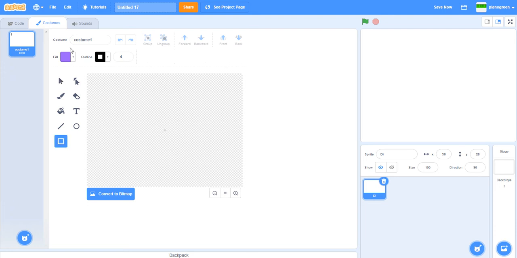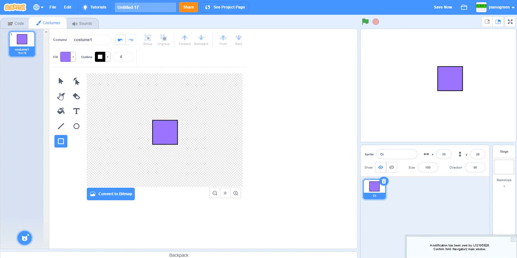So we can get here, we can make a square, and if you hold shift it makes it into a perfect square, not a rectangle. So if you see here, it will always be a perfect square. So now we just get some size like this maybe, and then, for better looks, we can